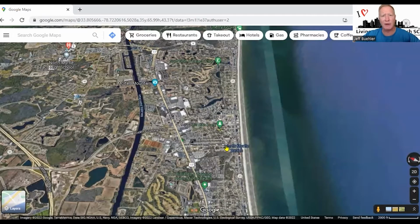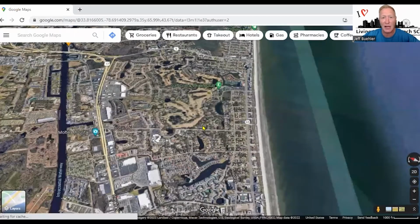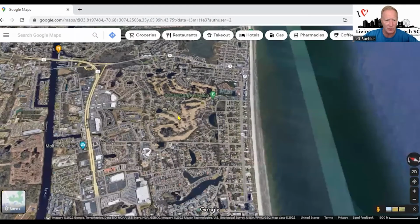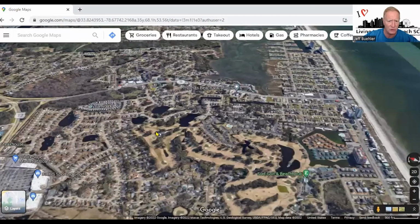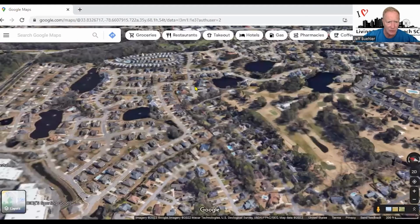But as far as more residential, if you're looking for somewhere where you're going to live year round, not to say that you can't with any of those, but more in the community neighborhood type areas, outside of the tourist areas, then that's where we're going to start to find ourselves into surf, golf, and beach club. We're going to find ourselves into Surf Estates, which is